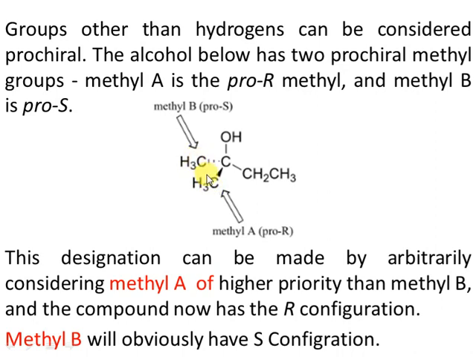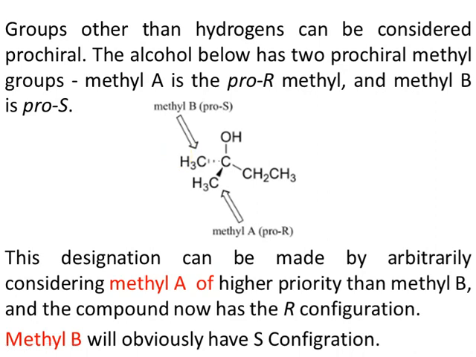It's not necessary that prochirality is only associated with hydrogen. You can have any other group which can also be prochiral. So in this specific case, we have methyl, which is prochiral, right? So you can make the designation. Just replace this methyl with some other group and see what configuration you get. So this is pro R and this is pro S,